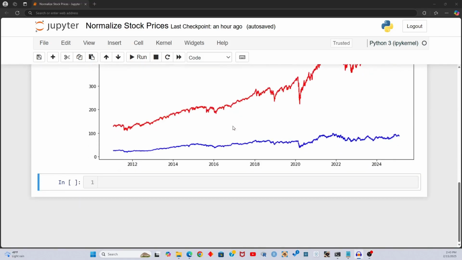Next, we're going to normalize these prices so that we can do a better comparison. We're going to create a new column in both of our data frames. I'm going to call it XTN and we'll say normalized close price. And we'll have that equal to the XTN data frame. We're going to call the close column divided by close again, but